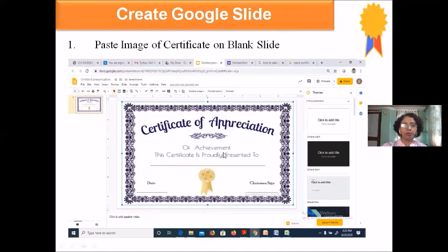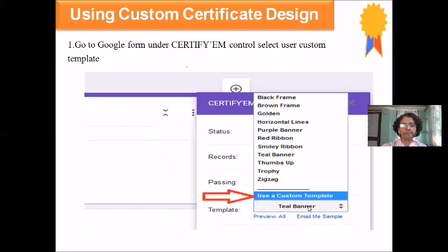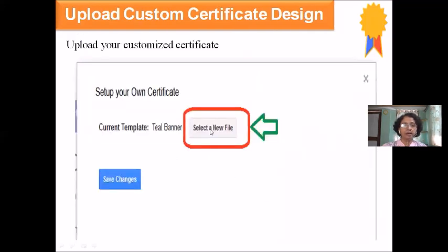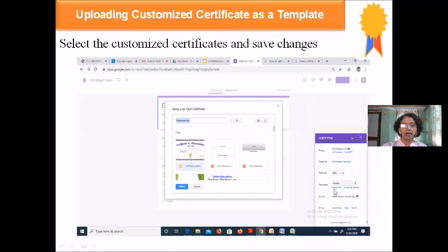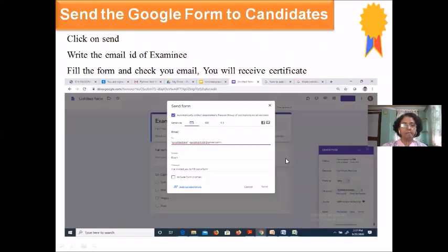You can create your own certificate using any template. Ready-made templates are also available. And then finally, you need to link it. Custom template, and you need to link that. Select the new file, and after selecting the new file, select the particular certificate, whatever name you are giving. Practically, I am showing it.